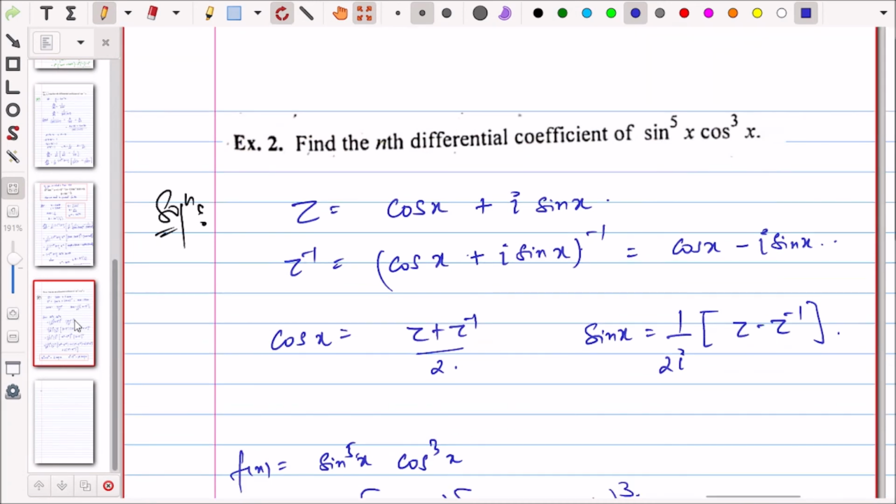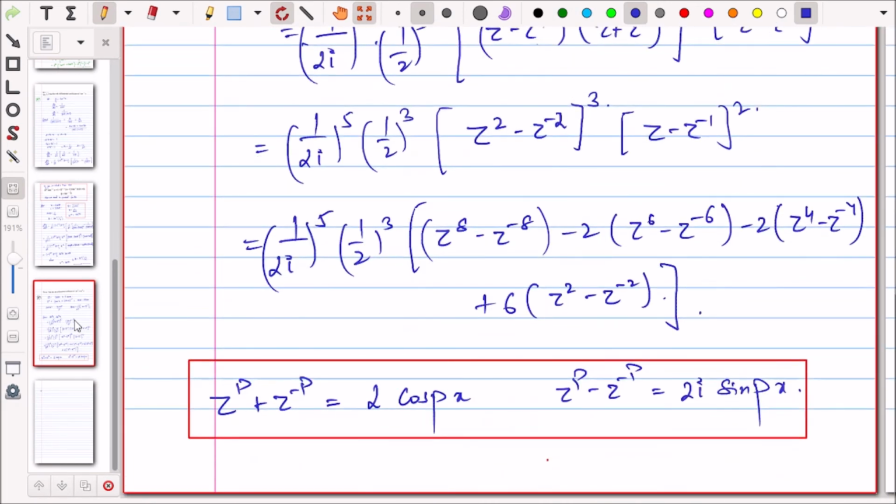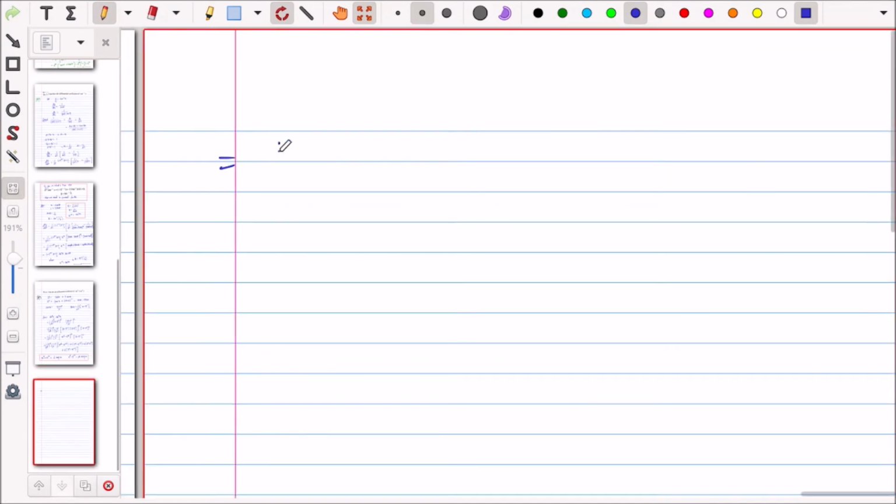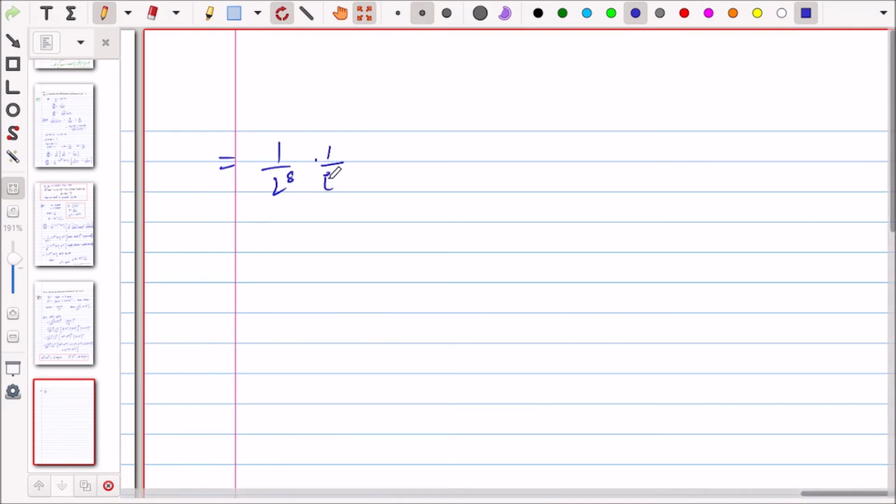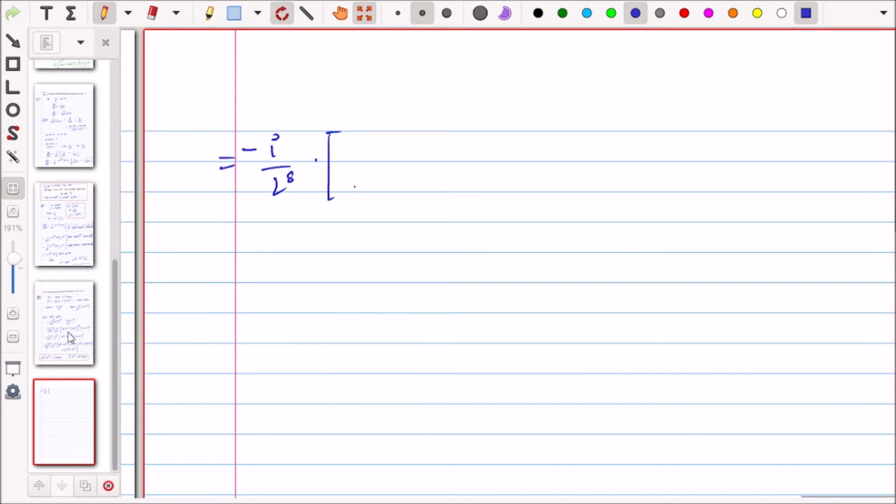So these are simple, बस just calculations are there और कुछ नहीं है इसमें, तो ये थोड़ा थोड़ा काम करना पड़ेगा. So I to the power 5 को क्या लिख सकते हो? This is 1 by I to the power 5. इसको हम simplify कर लेते हैं. So this is 2 to the power 8. I to the power 5 can be written as I to the power 4 into I. So this can be written as minus I also. ऊपर ले जाओगे तो it will become minus I, right? I to the power 5 is minus I. Yes.